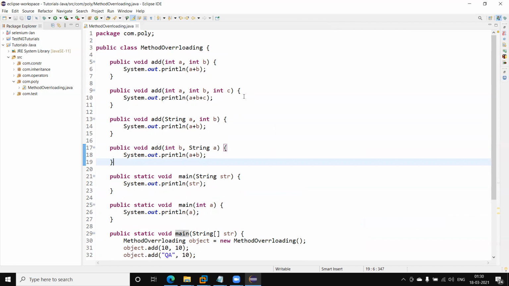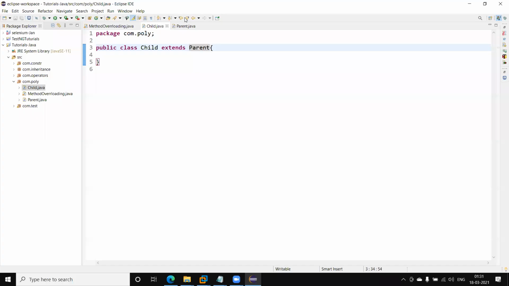It means we will override the parent class method in the child class. The method name is the same, and we can use it. But in the case of overloading, we use a single class, and for overriding we require two classes: one is the parent class and the second is the child class.